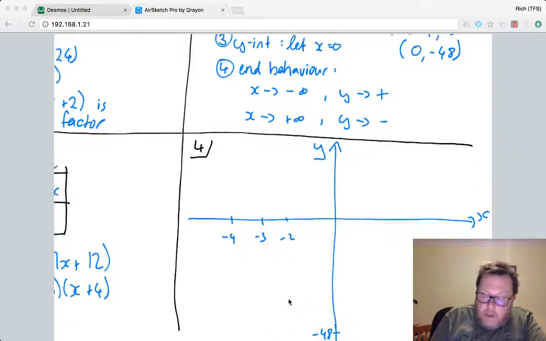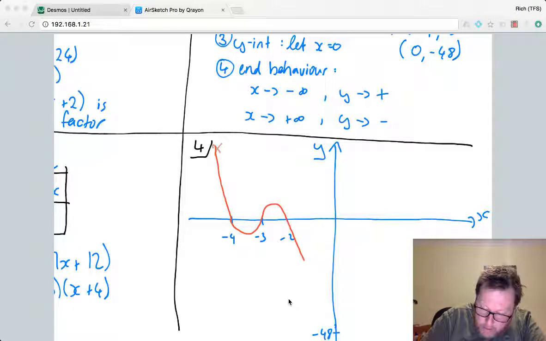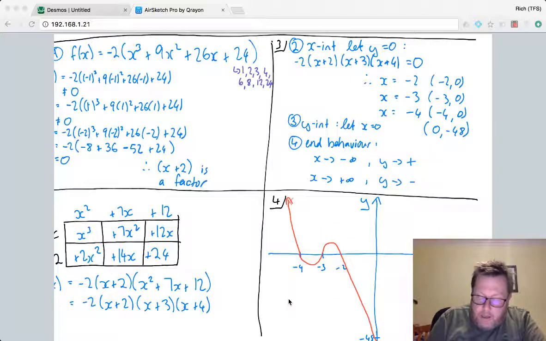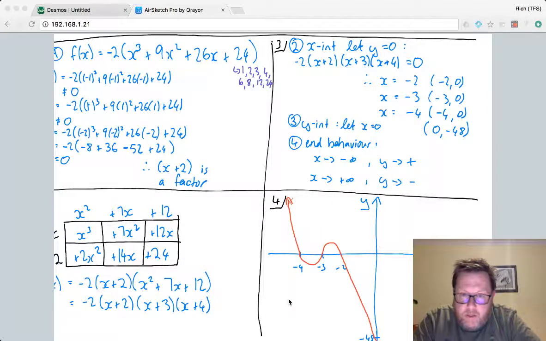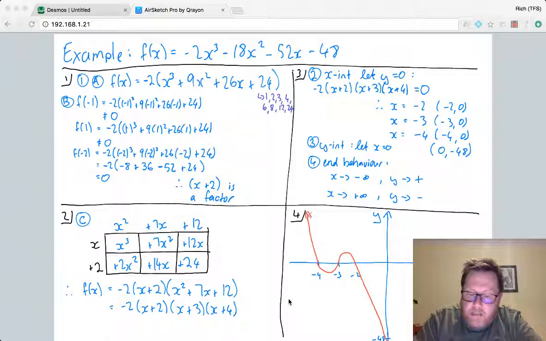I'll just put it down as far as I can, but it's not to scale at all. When x is equal to negative infinity, y is positive, so we're starting up here somewhere. And when x is positive infinity, y is negative, so we're going to end down there. I'll draw it in red, coming up here and around and up and down, and then through minus 48 and keeps on going. Like so. That wasn't the best graph, it's a bit slanted off to the side, but it gives you a fairly decent impression of what you're going to do. Let's confirm this in